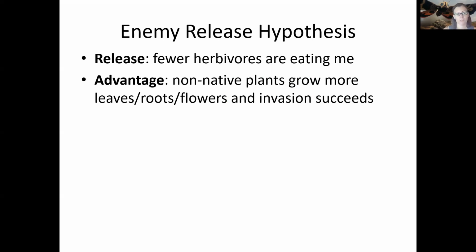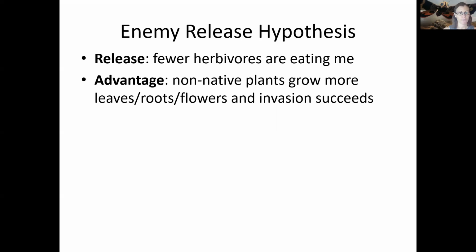If you're an animal, you're released from other pests and pathogens that would attack you. I'm going to be talking mainly from a plant perspective, but the advantage to a plant, right, is if you are a non-native plant and things are not eating you, then you can use your resources to grow more leaves, more roots, more shoots, more flowers,